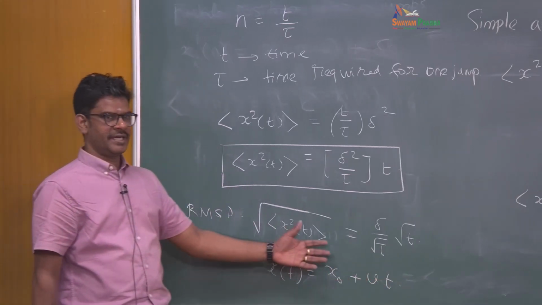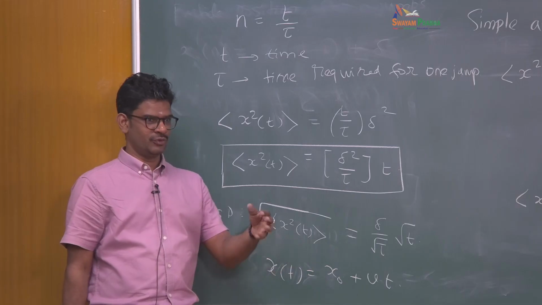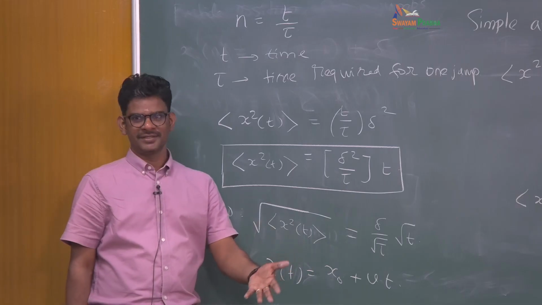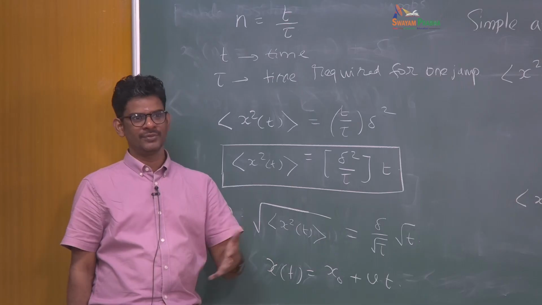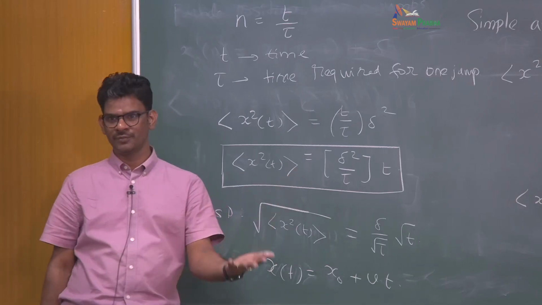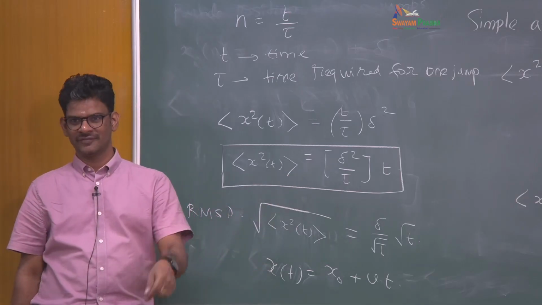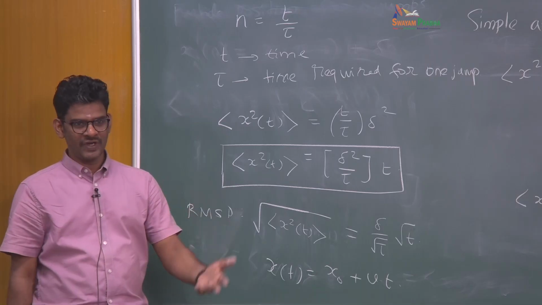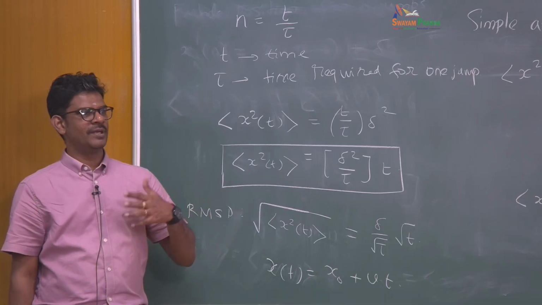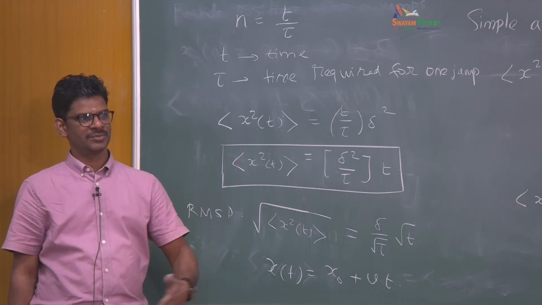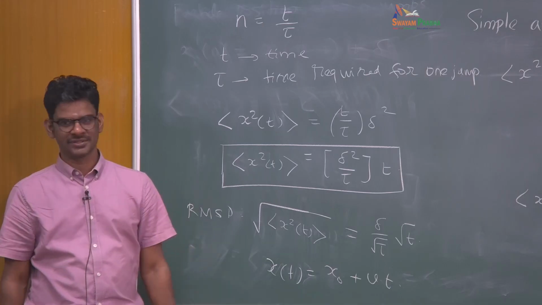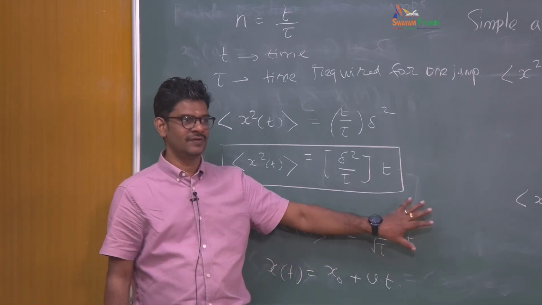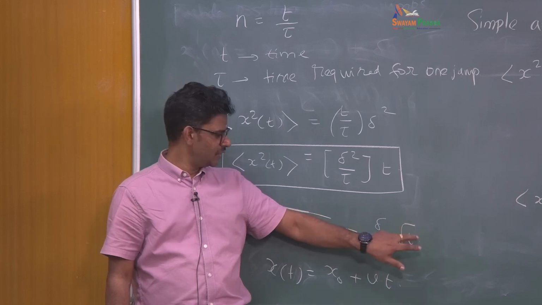So this is where they say, right? If you have a cup of coffee, you put some sugar, and you let the sugar molecules diffuse and become uniform, it's going to take a very long time. By the time, the coffee would have become cold. That's why you need to stir. When you stir, you are inducing convection. You are not relying on diffusion alone, but you are looking at some sort of convective transport to speed up the process. So diffusion by nature is very slow, because of this time dependence.